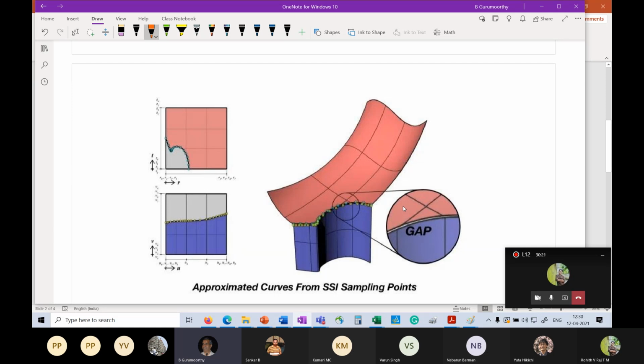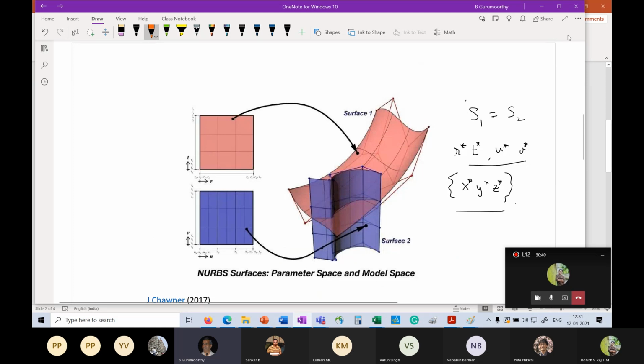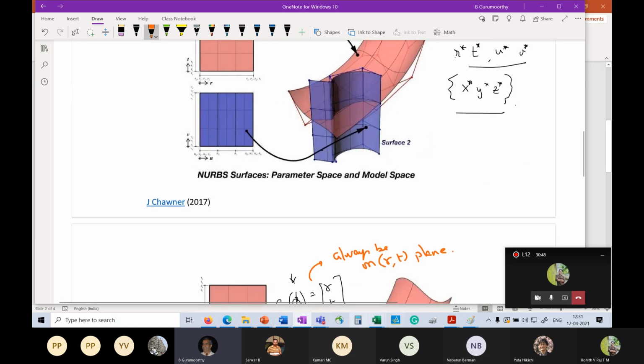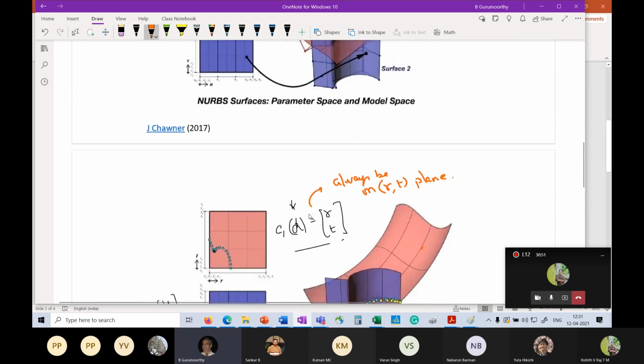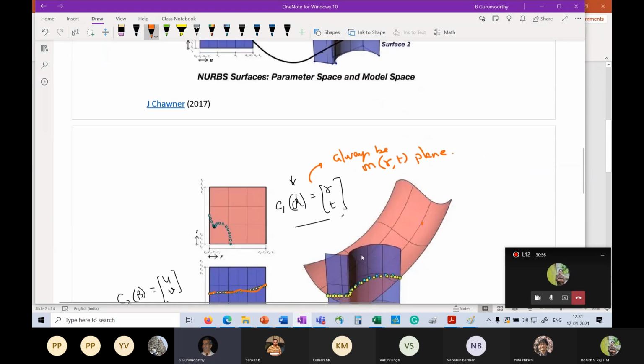Okay, so that is a problem. Now, how much of a problem it is, we will have to see in a minute. We won't see it right now. We will see it as we go forward. But for now, that's the problem that I want to highlight and leave you with. That the surface-surface intersection problem, because it does not give you a curve, it only gives you points, right? And then going from the parametric points to the Cartesian space, I can get intersection points, but I cannot fit a curve through them which lies on both the surfaces.